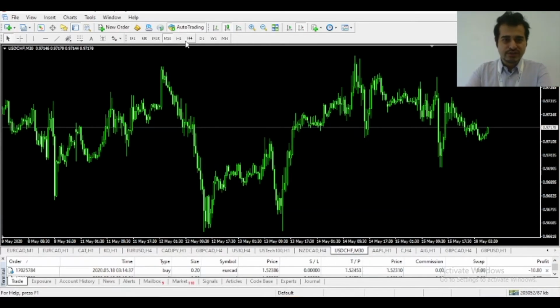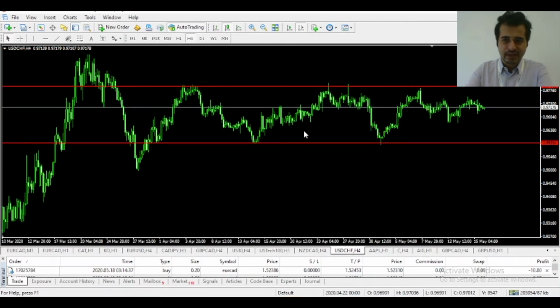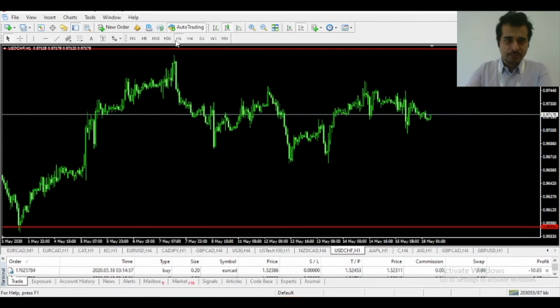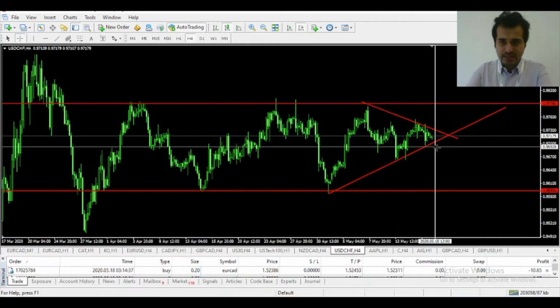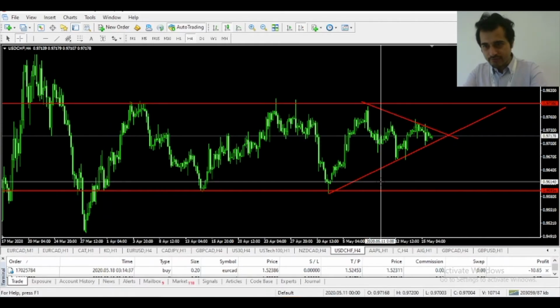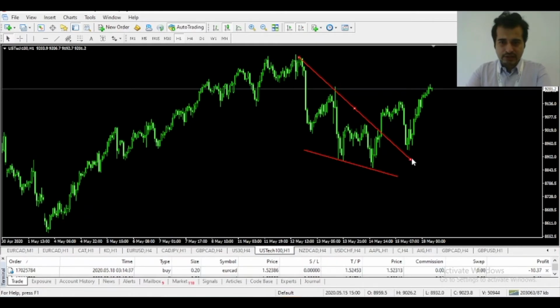USD CHF, even though we saw the retail sales numbers from the United States were in the negative zone, so this is why the dollar should be getting weaker. But you see the current pattern, it did drop, then again it is just playing around there, but I still feel that it is to the downside, just a matter of time until it will find its way back down. But at the current structure, we need to wait and see the break below this level, and then it will be opening the door back to 0.9593.